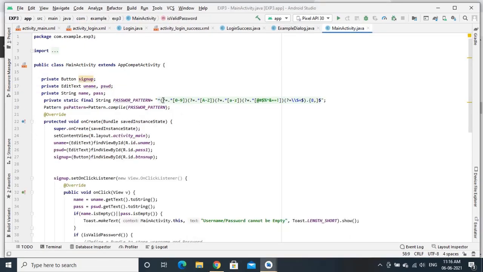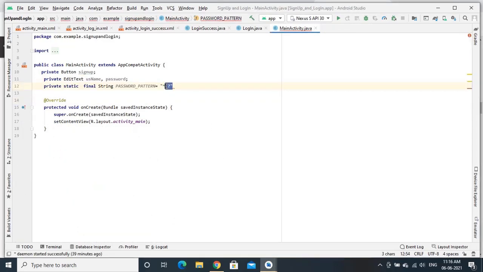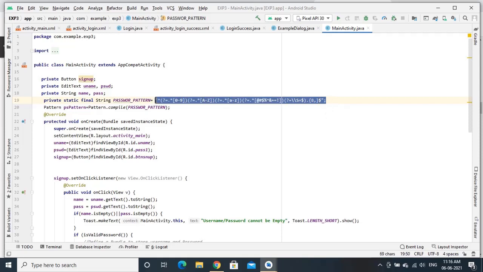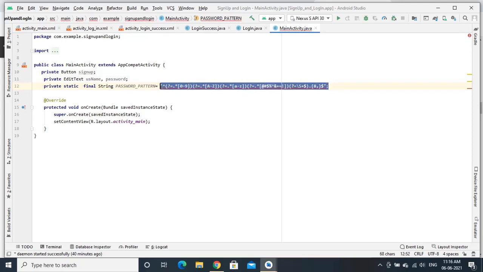So this is the regular expression I will be using. Okay, so this is for number.